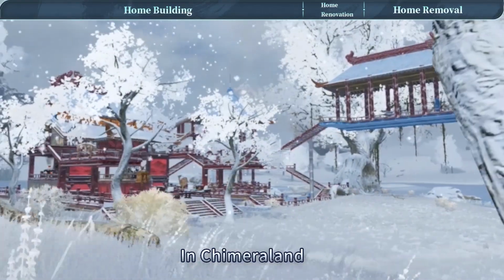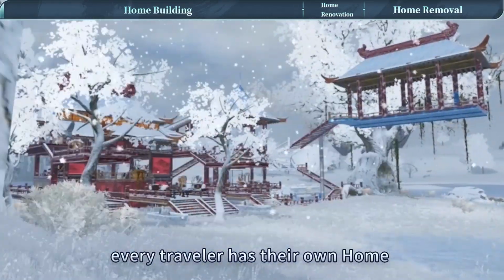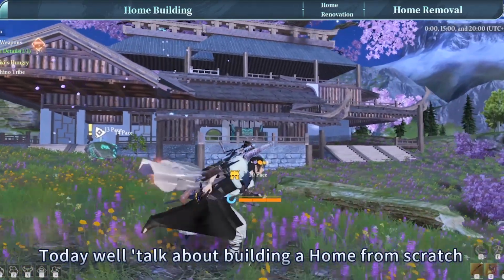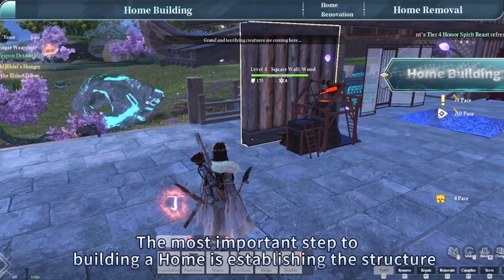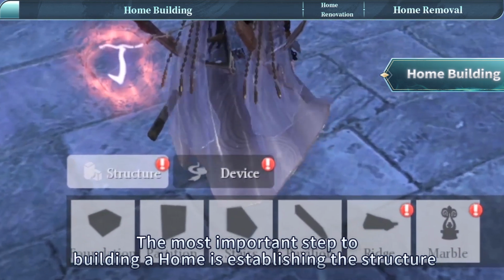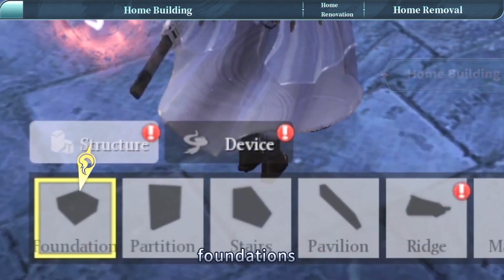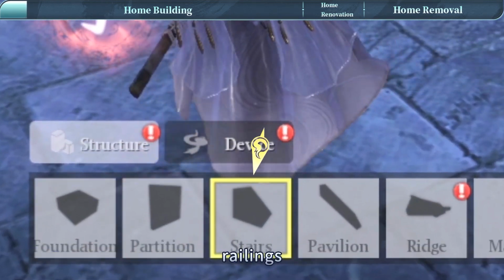In Chimeraland, every traveler has their own home. Today, we'll talk about building a home from scratch. The most important step to building a home is establishing the structure, which is divided into foundations, partitions, railings, pavilions,